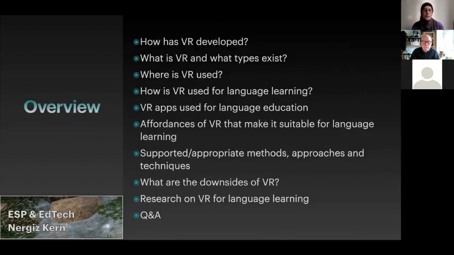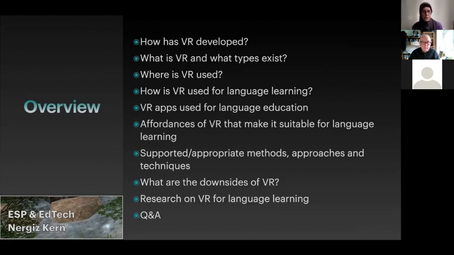Right, so what are we going to look at in this session? Very briefly at how VR developed, then what it is and what types of VR exist, where it is used in other fields, and then we will move to language learning, how it is used, look at different apps and their affordances that make it suitable for learning languages particularly, and also what kind of approaches, methods, and techniques it supports.